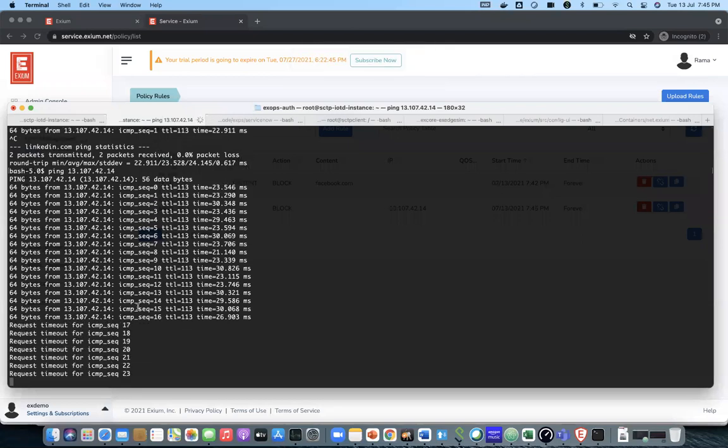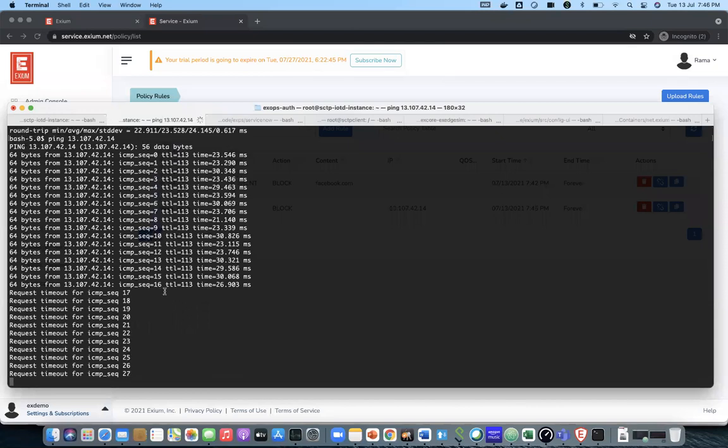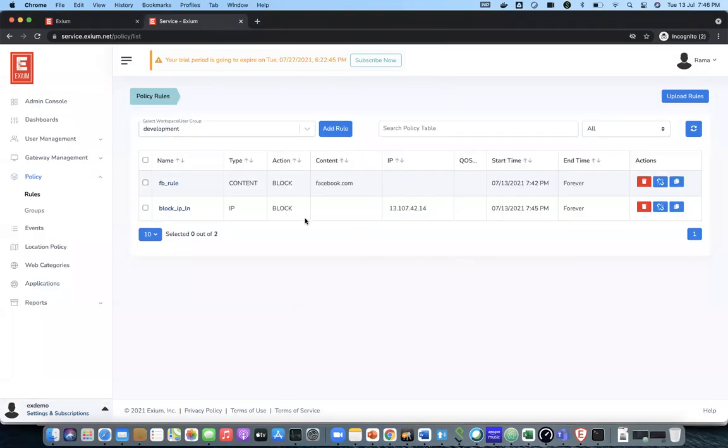From my local terminal, which is running on my MacBook, I'm no longer able to access that particular IP. The policy came into effect within milliseconds of the administrator adding it to that group.